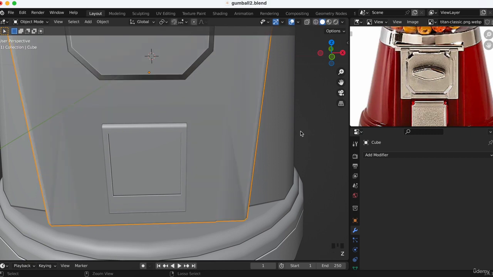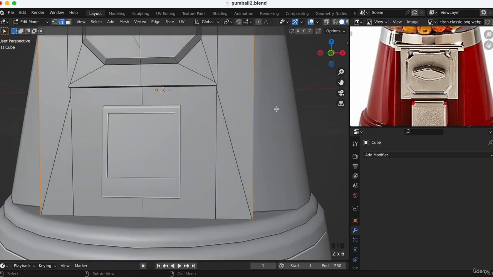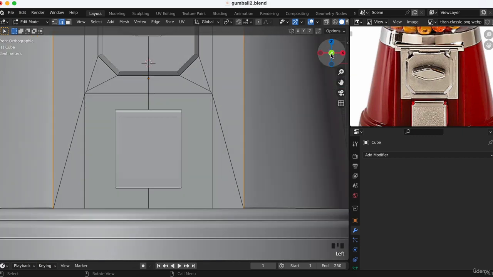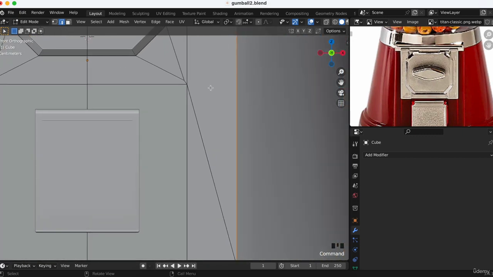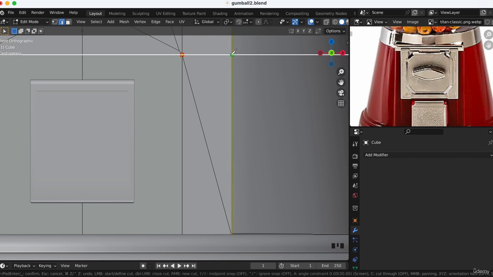So undo, Command Z to undo the bevel like this, and we go on the view -Y. We are going to put segments here, so it creates a rectangle here, and there is not this line here. To do this, we can do K, the knife tool here, A to be straight, and then click enter,